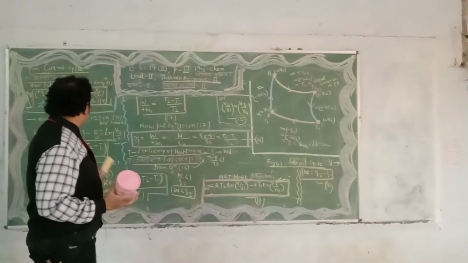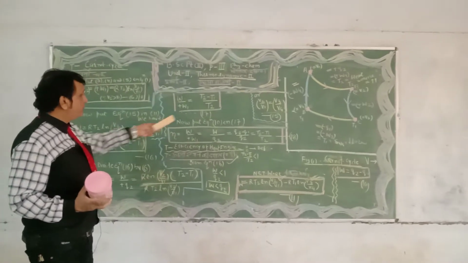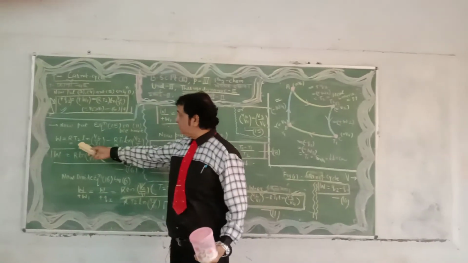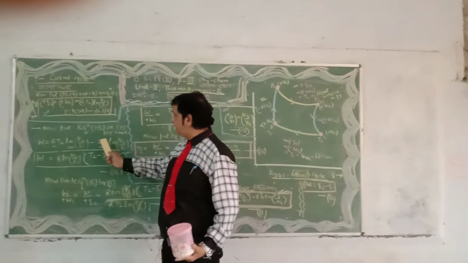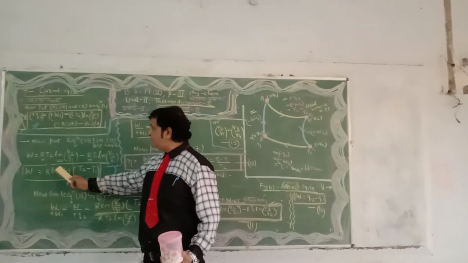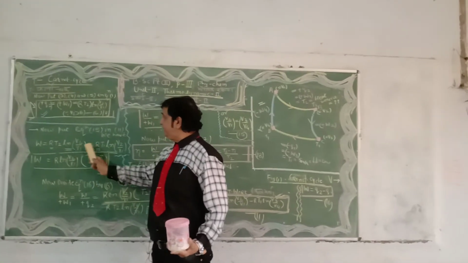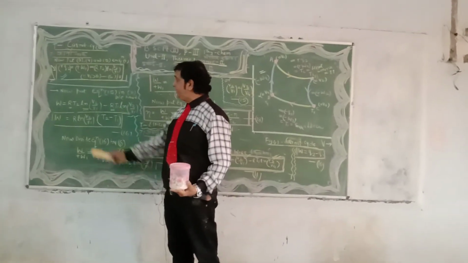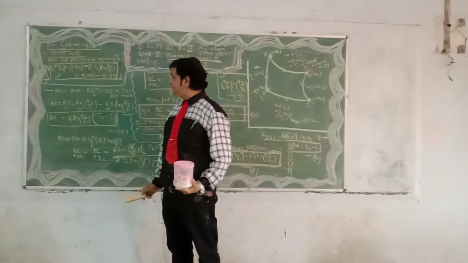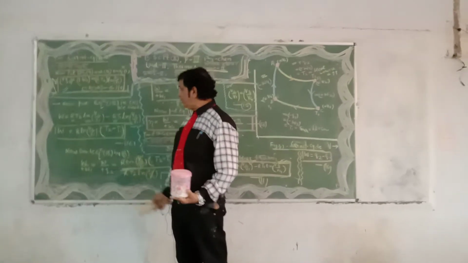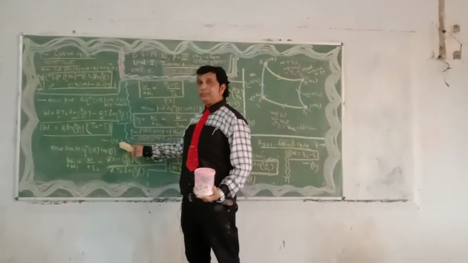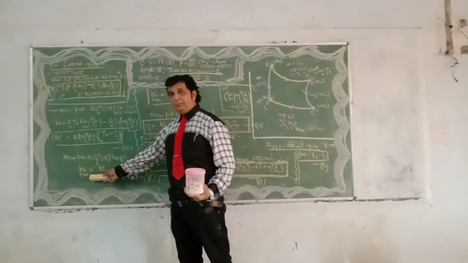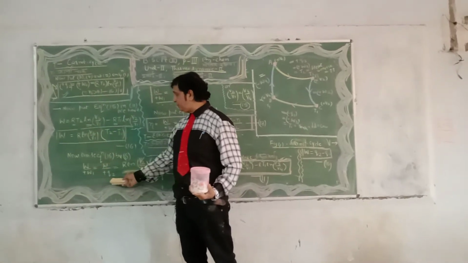Now put equation number 15 in equation number 11. We have W = RT2 ln V2/V1 - RT1 ln V2/V1. Here R is present, and similarly ln V2/V1 is present in both terms. Take the common R ln V2/V1 outside, giving T2 minus T1. Note this down as equation number 16. Now divide equation number 16 by equation number 6, that is W upon +W1, which is equal to +Q2.